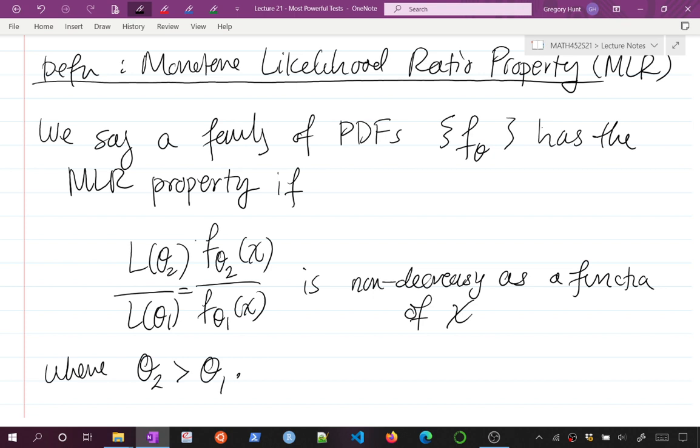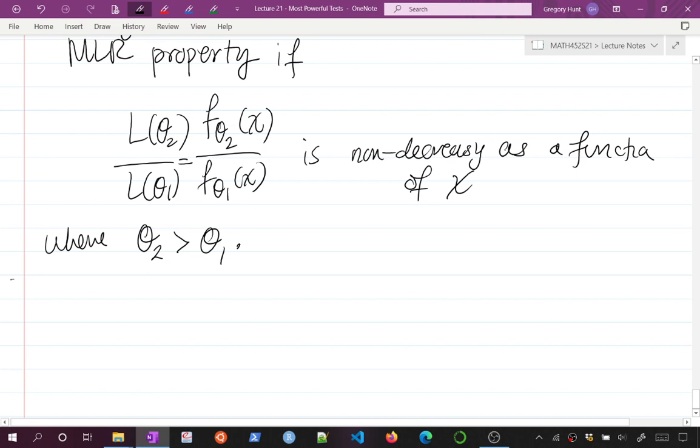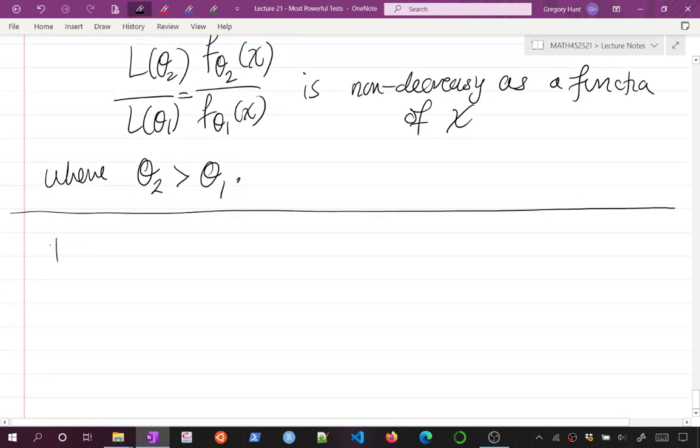So yeah, this is the MLR property, which is something you have to learn to appreciate, even though it is a bit abstract. Nicely enough, there is, maybe not surprisingly, a nice theorem that says